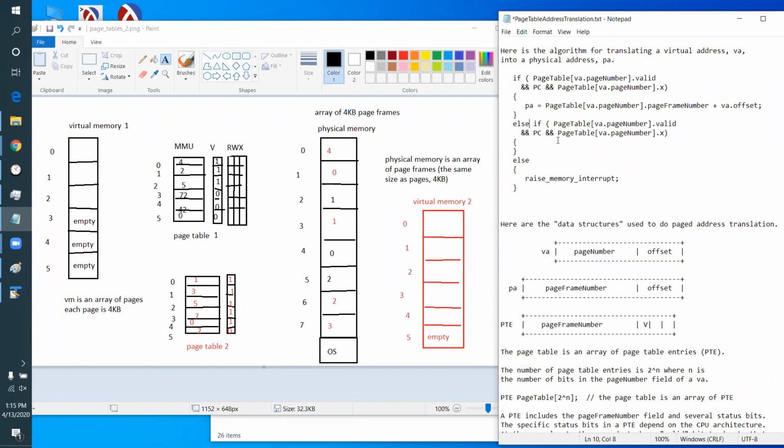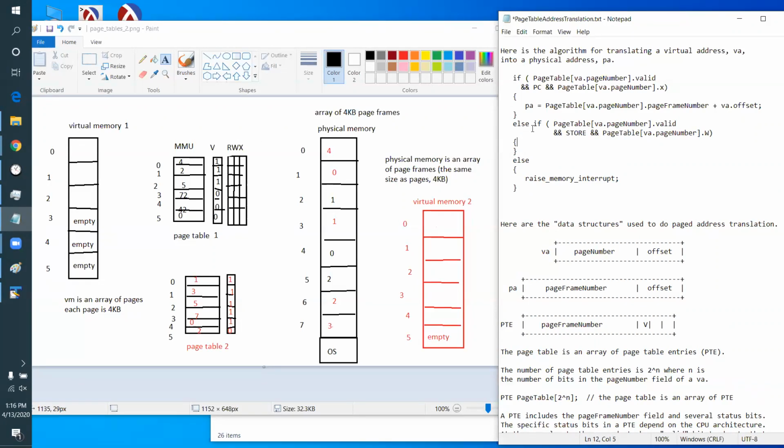So if the page table is valid and it's a store instruction, so suppose somehow the CPU knows it's a store instruction and you have write access. Okay, so the write bit is set. Otherwise, you have to raise an exception. So the logic here isn't quite correct yet, but the idea is that you would start making